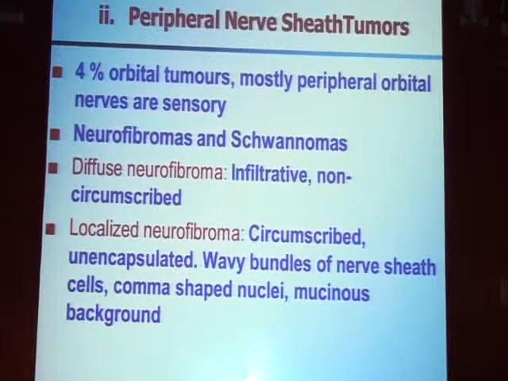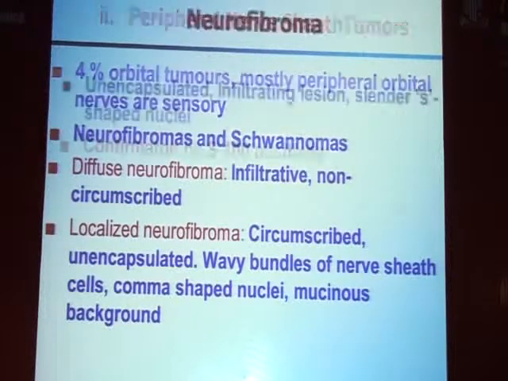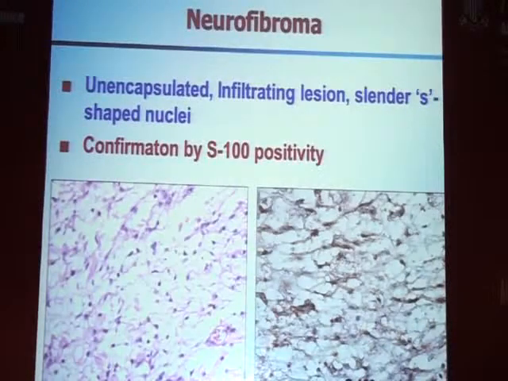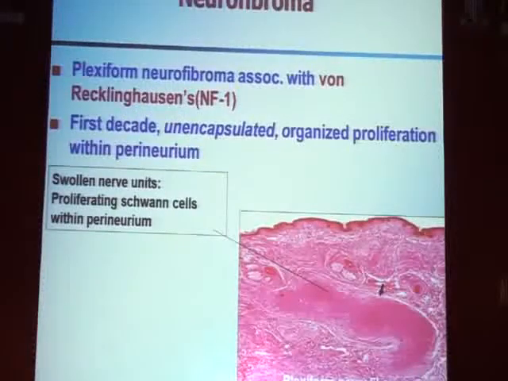But fortunately for us as pathologists, it's quite a simple affair because they are spindle cell tumors, and they've got a very typical S-shaped nucleus, these neurofibromas, and on S100 they are positive. So when we are seeing a neurofibroma, it's a neurofibroma, it can't be a hydatid cyst. Then neurofibromas can also be plexiform neurofibromas.